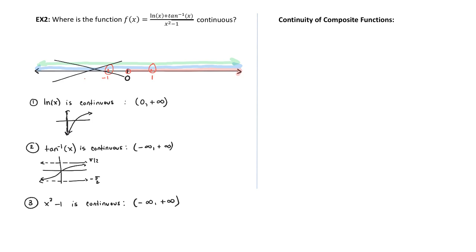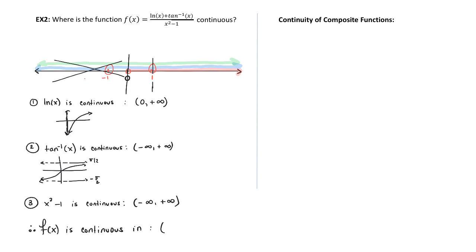So practically then, we're going to look at the interval from 0 to 1, but not including 1, and then everything to the right of 1. That is going to be the domain of this function. And this is where this function is going to be beautifully continuous. So we will say that, therefore, f of x is continuous exactly in its domain. Let me go ahead and state the interval in interval